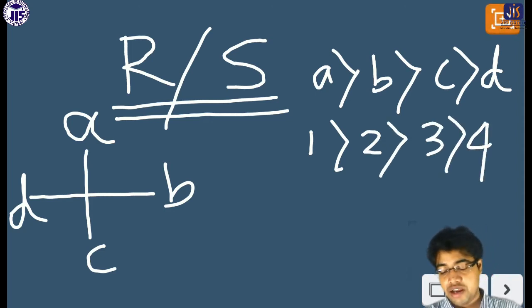Now the main question that arises here is how we can put these numbers 1, 2, 3, 4, or how we can understand which group gets the priority over the other groups. For this case there are some rules. I'll tell you the rules one by one. First of all, the first rule is that